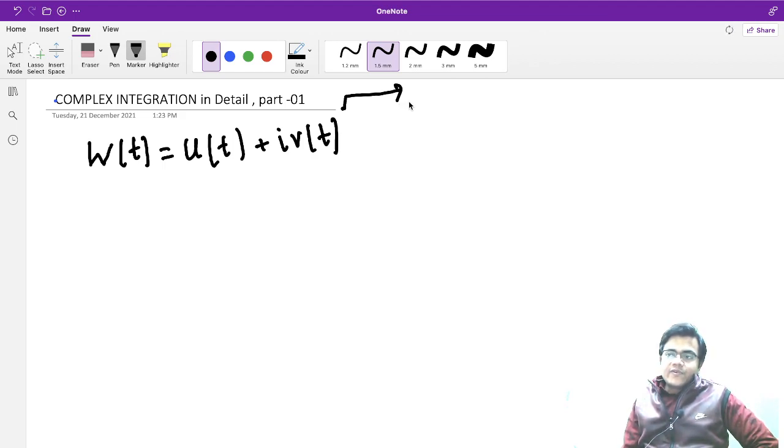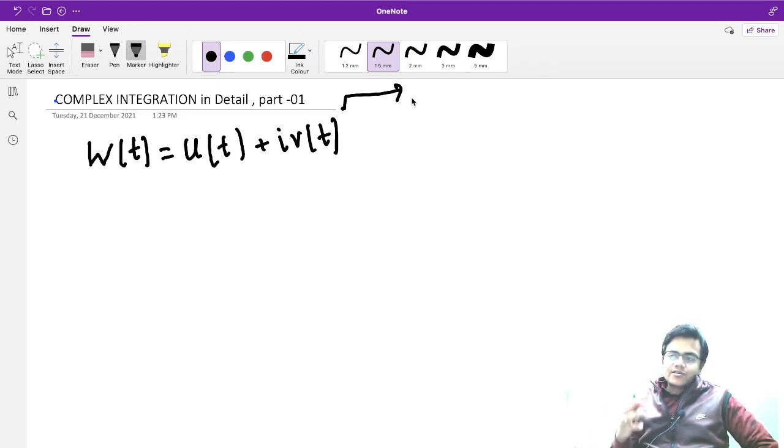First of all, we will discuss which properties can be carried out from real analysis and calculus, right? Which properties from real analysis we can carry out, we will follow as it is. Okay, so this is the first thing. Second thing, I will discuss the curves in the complex plane,